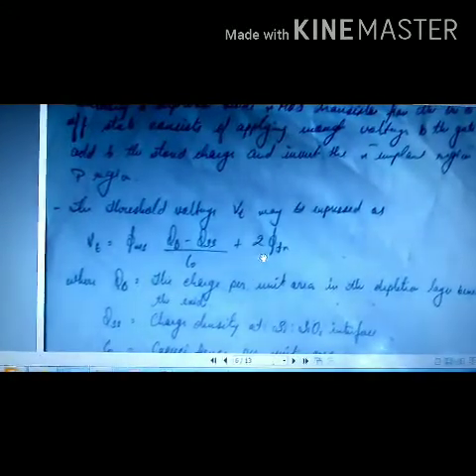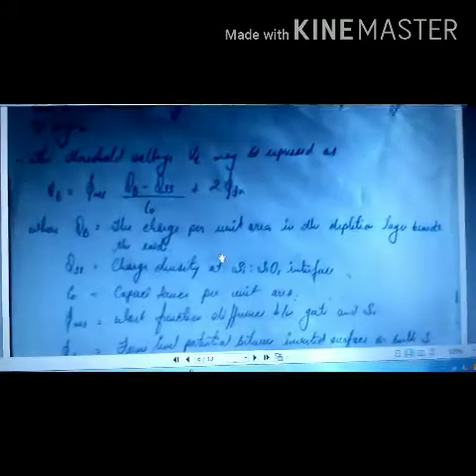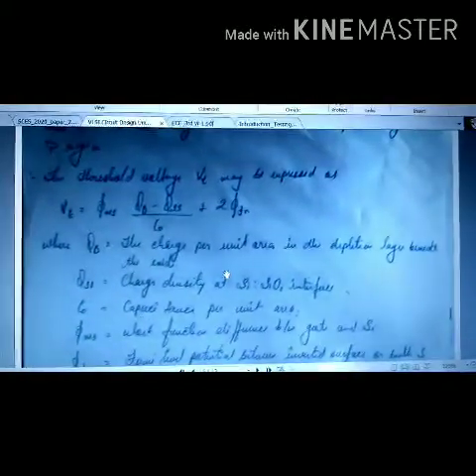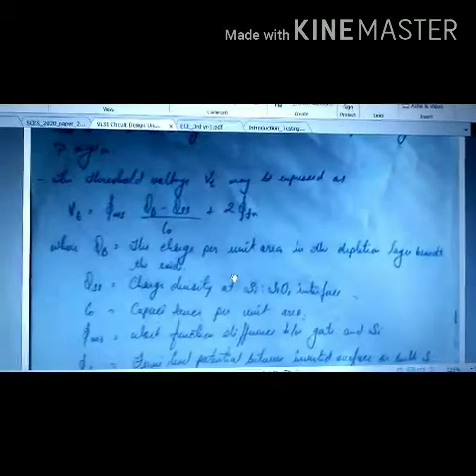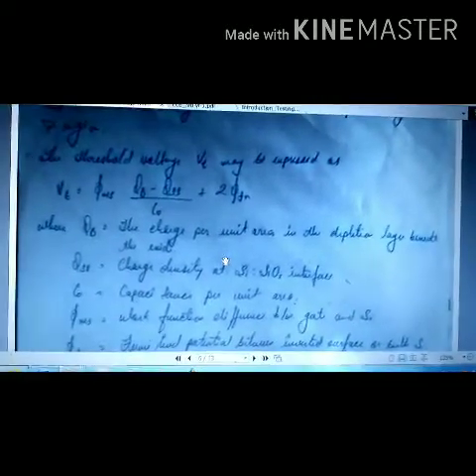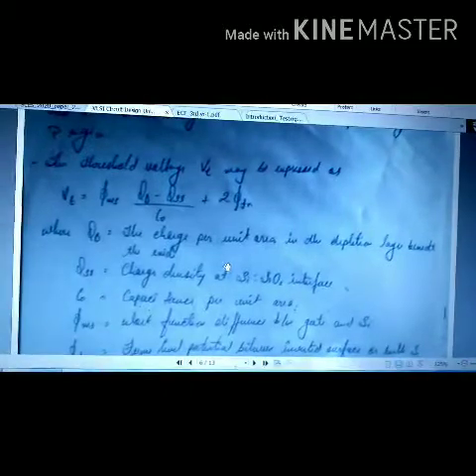f n. Now the different parameters in this equation are: the first one, Qb, the charge per unit area in the depletion layer beneath the oxide. We know that the gate is separated from the channel with the help of an oxide layer. Now this oxide layer is formed normally due to the oxidation of silicon. This layer has many depletion charges stored within itself. These charges should be neutralized before we can begin the inversion process in the